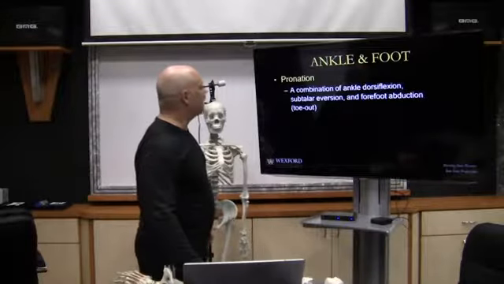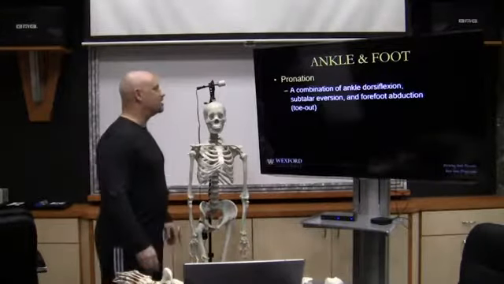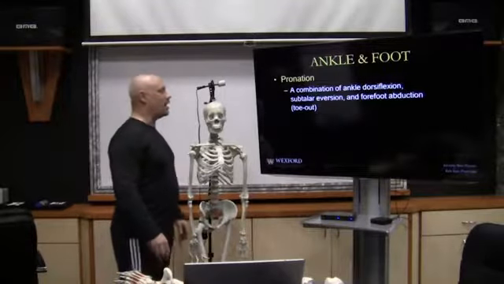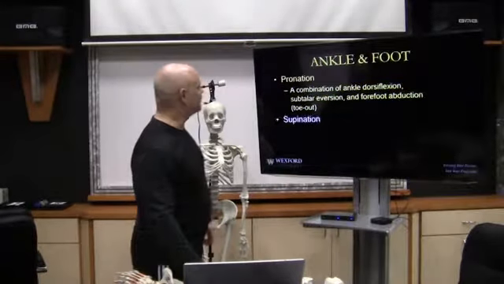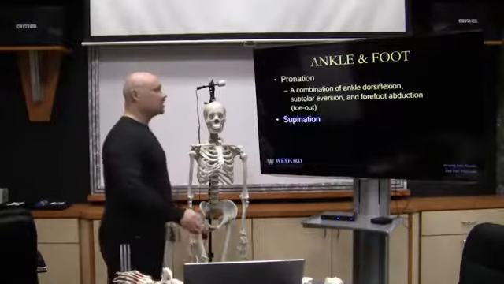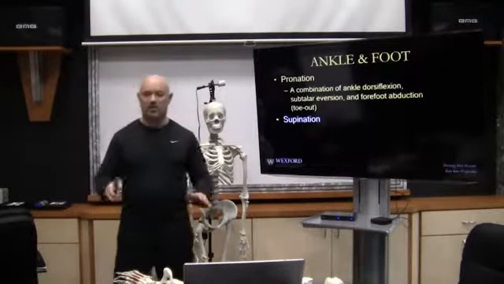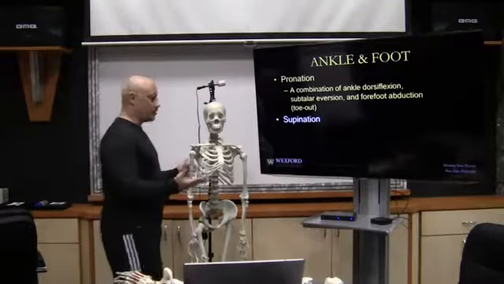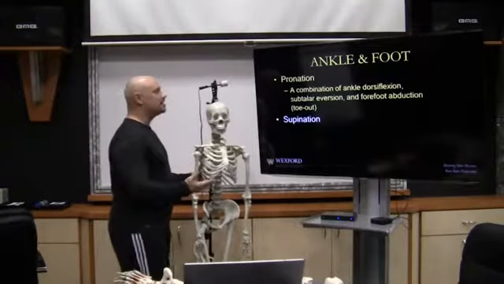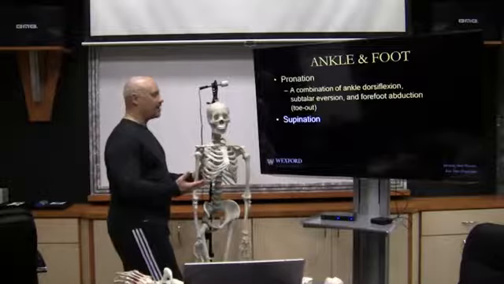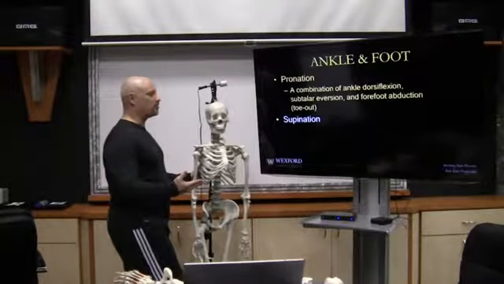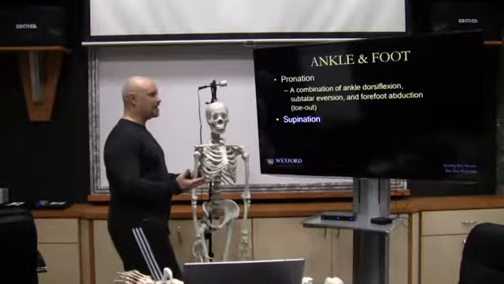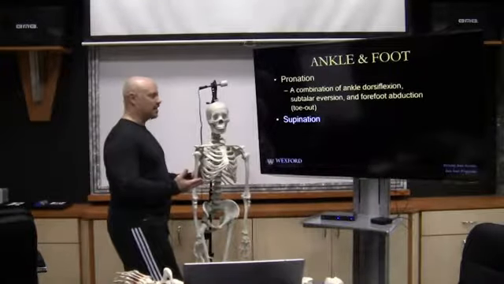Pronation is a combination of ankle dorsiflexion, subtalar eversion, and forefoot abduction, toe out. So let's look at that. If we look at our hands, we would do pronation, supination. So once again, if we put our foot out to the side, we have ankle dorsiflexion, pull the top of the foot toward us, push our ankle out to the side, and forefoot abduction, that's with the toe